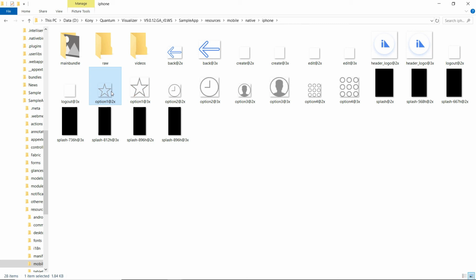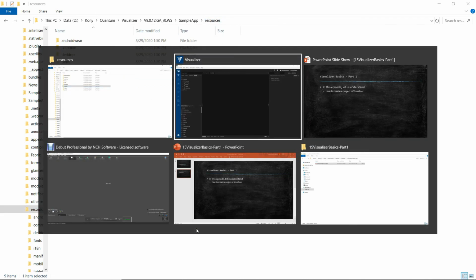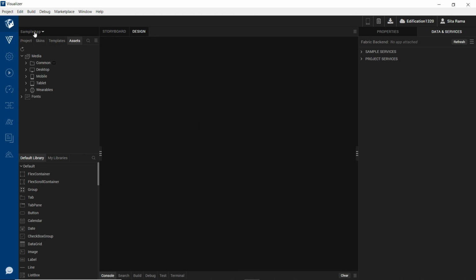The purpose of creating these different resolutions of the same image is that when you open the same Visualizer app on a device which supports @2x, the resource with the appropriate resolution will be picked up at runtime and used, so that you give the apt user experience to the end user.